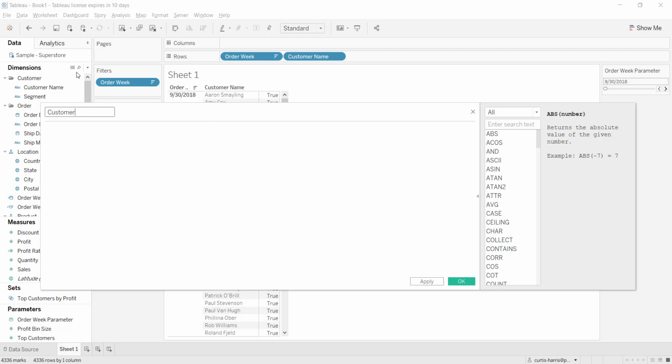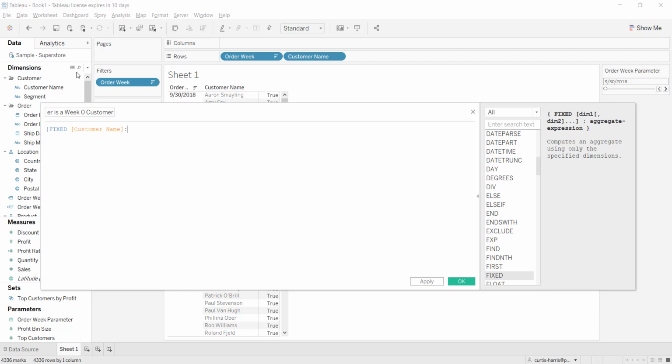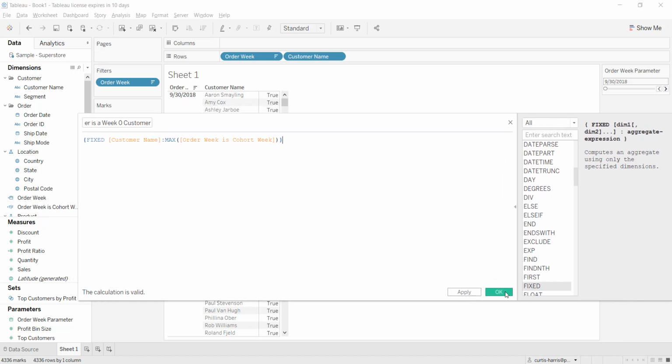So we can say customer is a week 0 customer. I'm going to say by customer, find me the max order week is cohort week. And the max of a Boolean, we just have a true false, that's our order week is cohort week field. The max will find those trues for us. So if I hit OK,